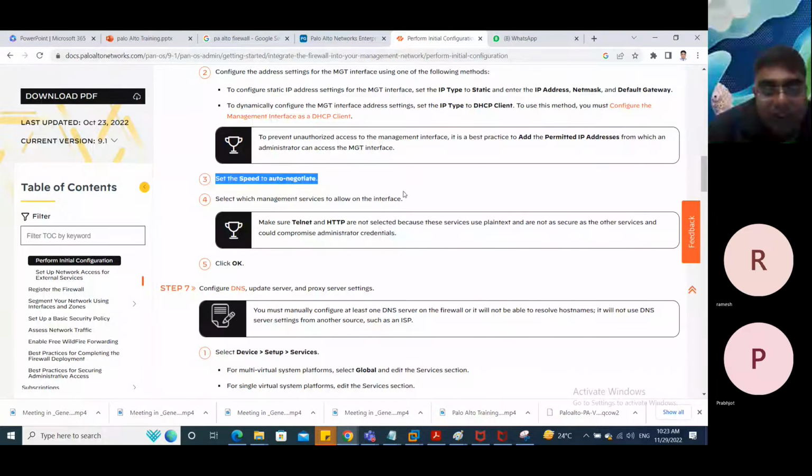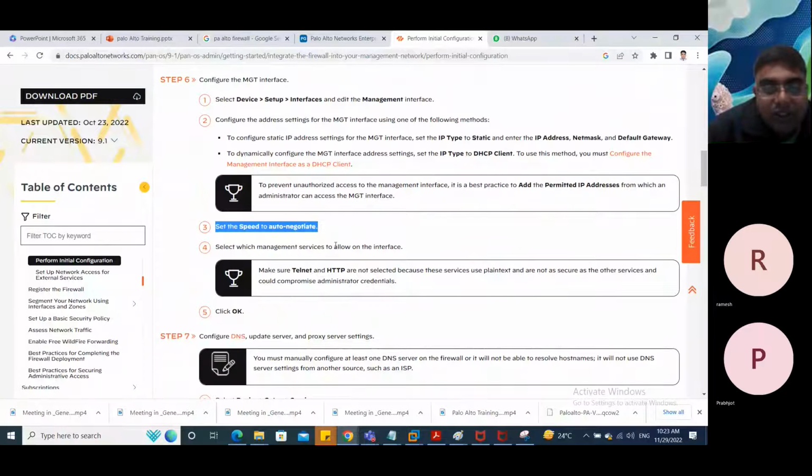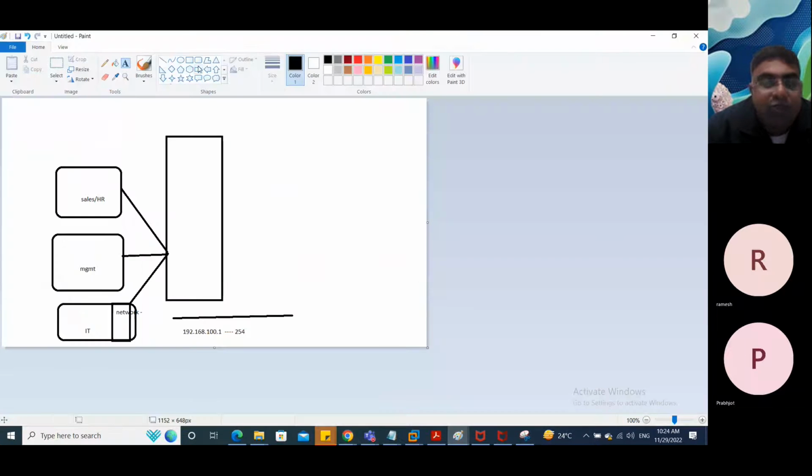And set the speed to auto negotiate. So this is a system parameter. Auto negotiation is an interface parameter, right? So in the system, if you don't know the negotiation, what the future connection will be, how the other device is behaving, you should select auto negotiate. So the device will connect to that device with default settings or automatic settings. So let's say two devices want to connect to a switch or to a router or whatever, to stations. If you allow auto negotiate, some parameters like